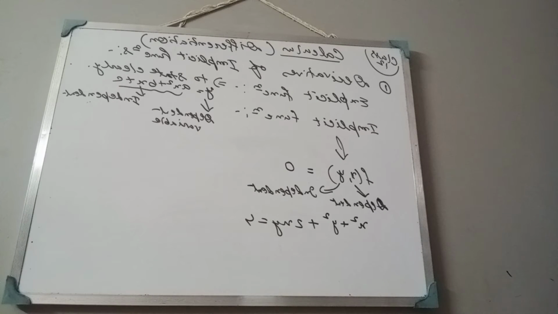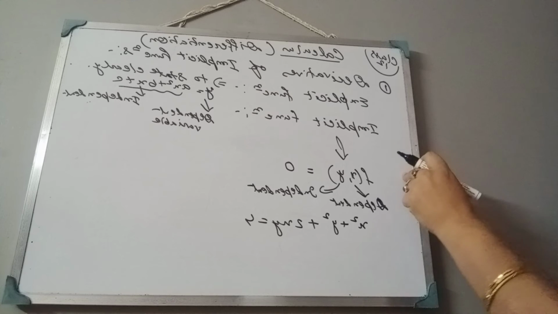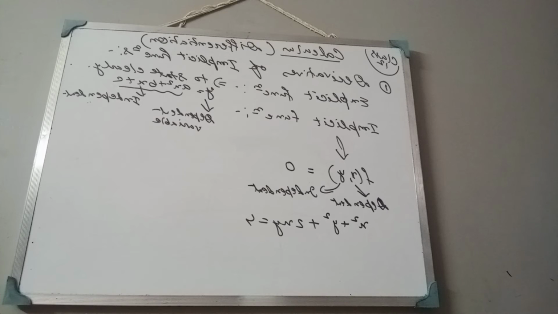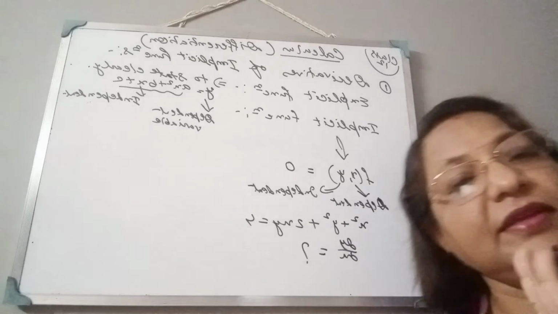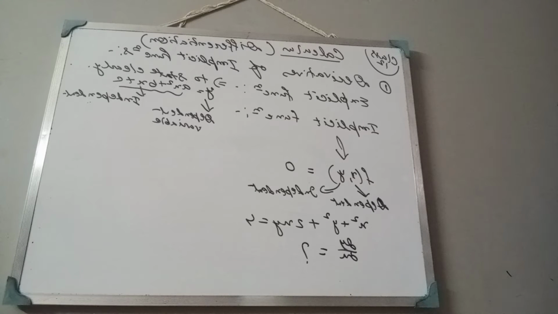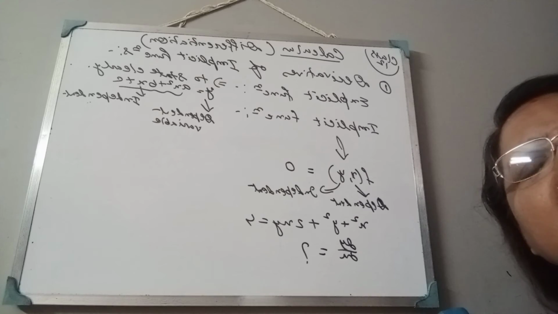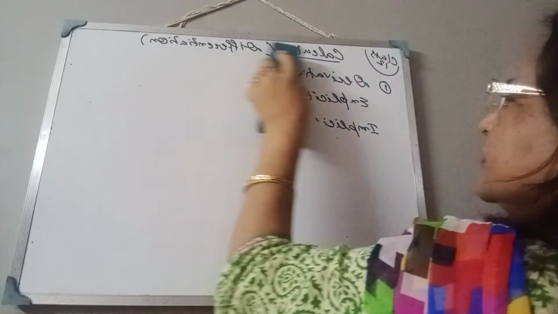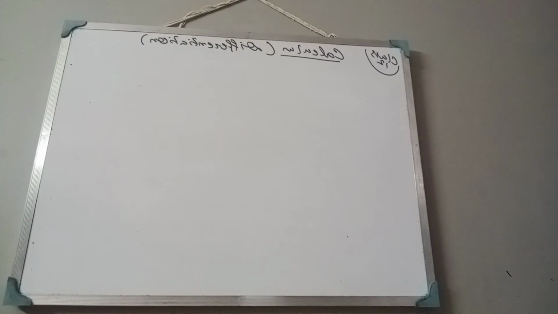Now, if y is a differentiable function of x, then the equation f(x, y) is equal to 0 is differentiated with respect to x, and the value of dy/dx is obtained by solving this equation. From here we can find the value of dy/dx. This is the difference between implicit function and explicit function. So this part is now completed. Next coming,